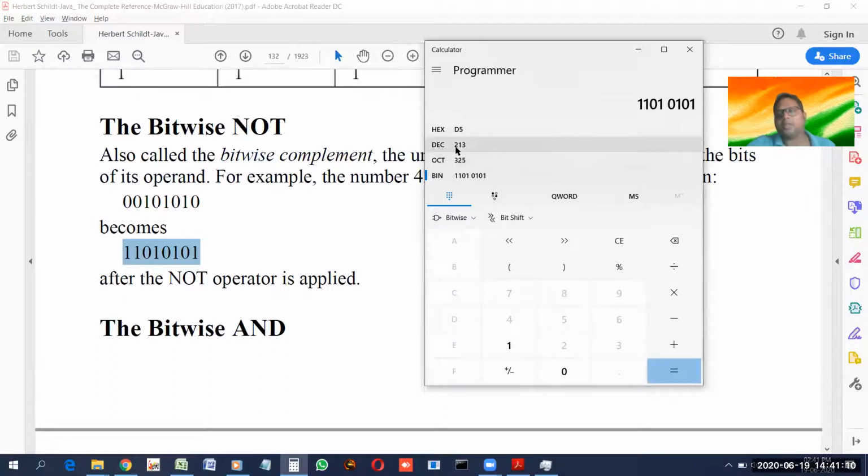This is 213. This is 213 in binary. So using this bitwise operator, the value of that byte completely changed, and it is now 213. So this is what the bitwise NOT operator is doing. Now you might be wondering, what is the benefit of this? Dear student, we are just learning right now that this operator does this. What is the benefit? We'll only understand if we see examples later on, not now.